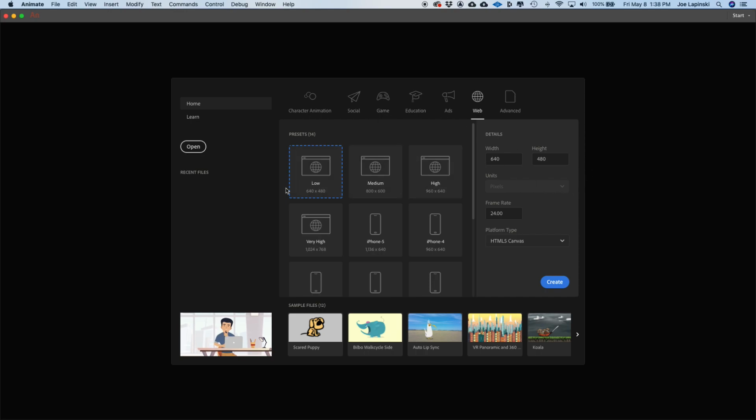Now, let's just take a look at this. So along the top are some categories for some templates that you can have access to, or presets they call them. And we live in the web world, so I clicked on web here at the top, and I can choose a preset. What it gives me here is a width and height in pixels, 640 by 480, and a frame rate, 24 frames per second, which is the frame rate that we'll be using for most of our exercises